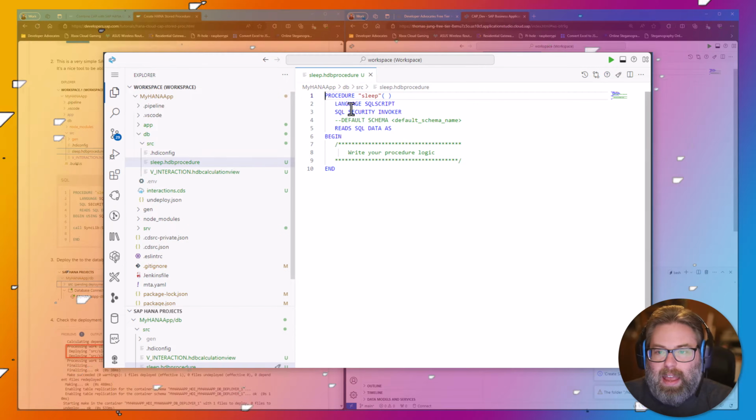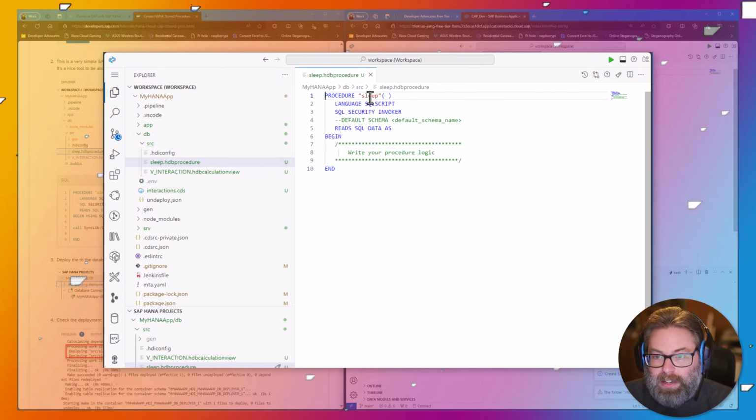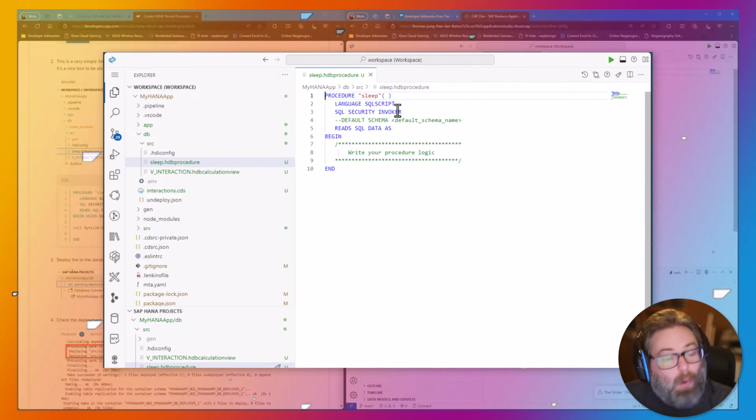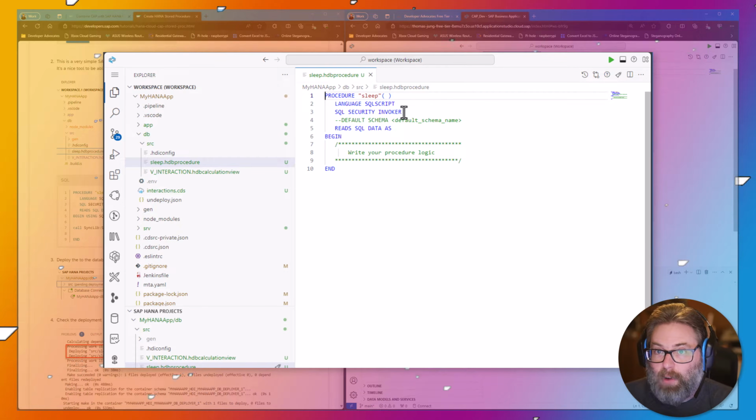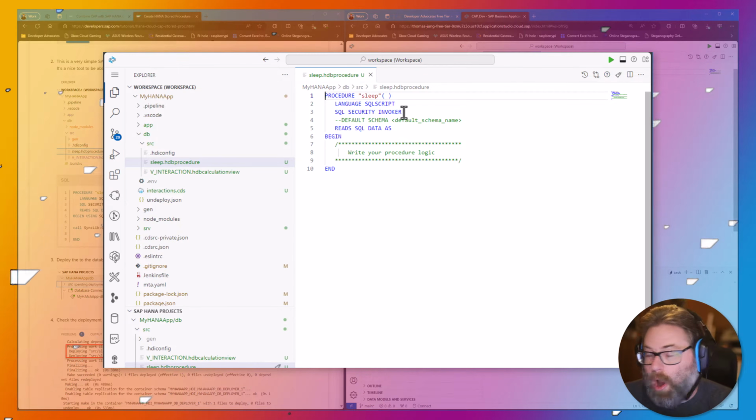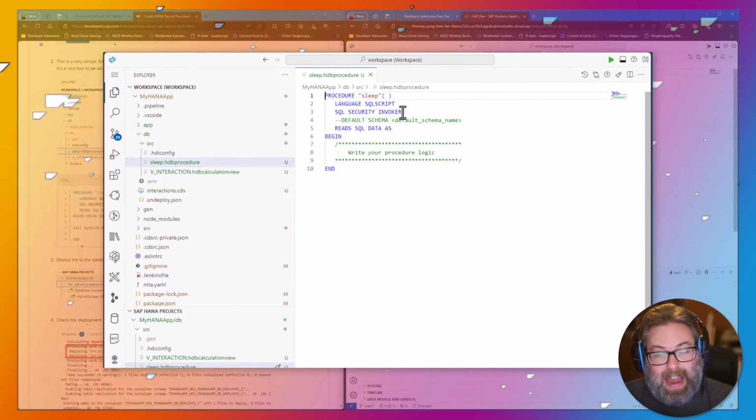Let's go ahead. We see the initial creation wizard has input the procedure template, to create a procedure. It's language SQL script. SQL security invoker. There's two different ways to do security in SQL script. Invoker means whatever database user is calling this will be the one that is used for execution. But then there's a definer option too.